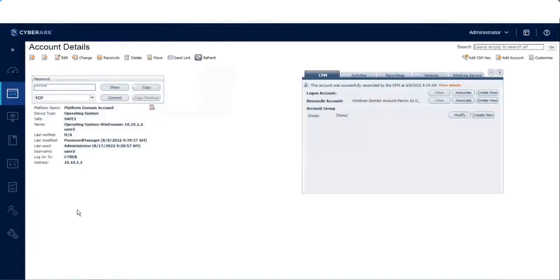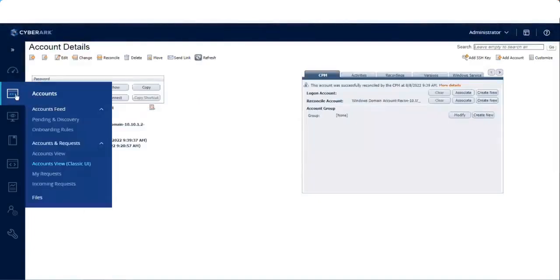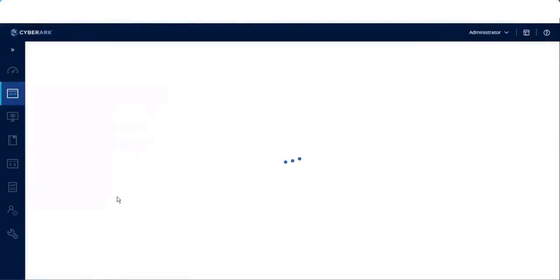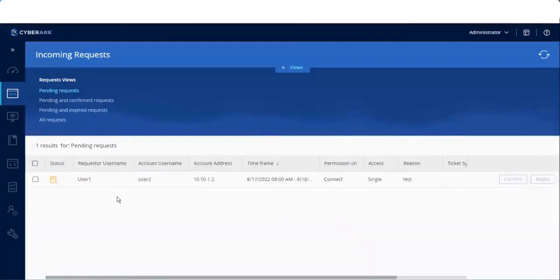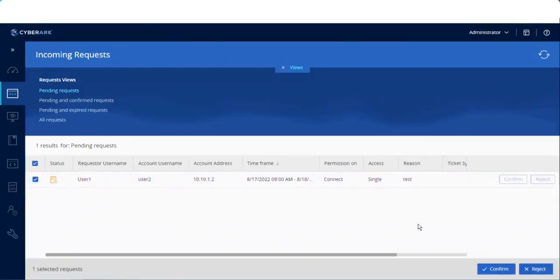So now what did we do? We have raised a request using the user to login right now. Right. Accounts, incoming requests. Go to incoming requests. So see here, one request is pending for approval. Here we have all the details. Don't click on confirm yet. Now just observe all the details. What are all the details we need to check before confirming the